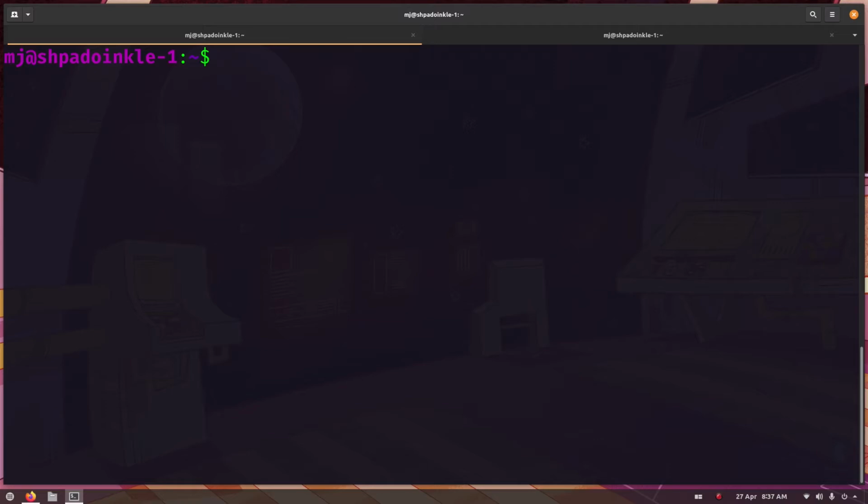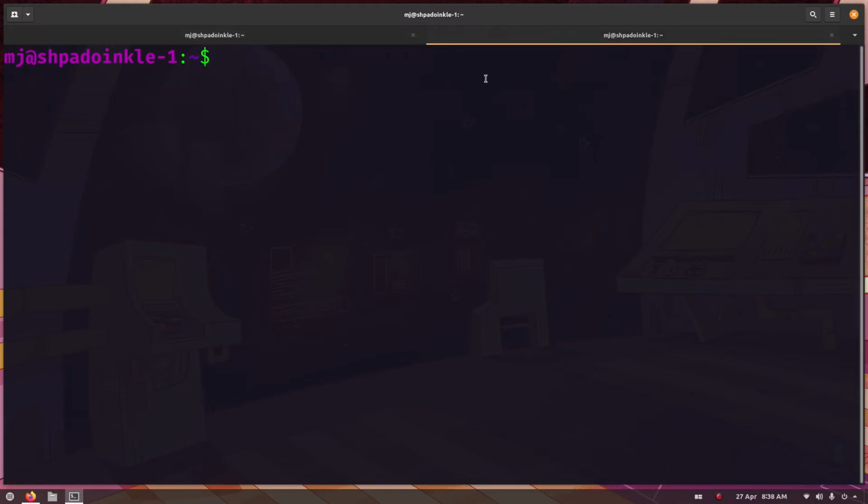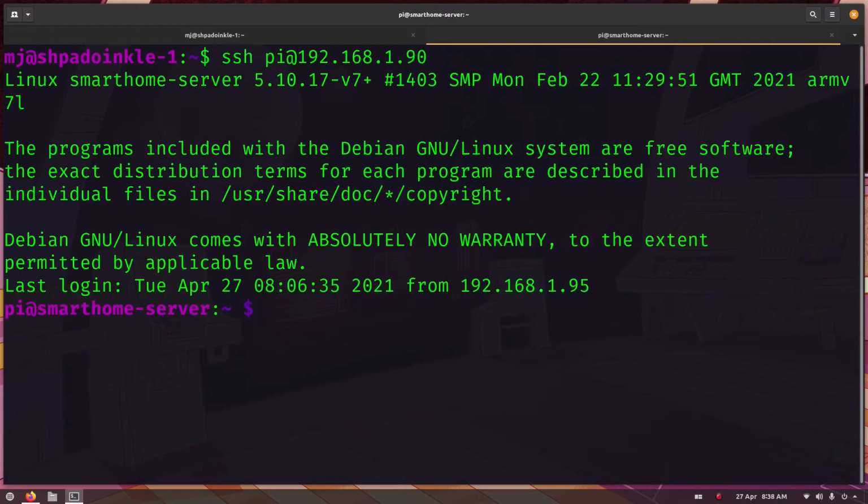So for example, let's create a directory test, and in test we can put a file. So let's put that into test/test.txt. Okay. And now let's just demonstrate that SSH command, because I'm going to log into a Raspberry Pi server that I've got running here. So we get in there, nice,